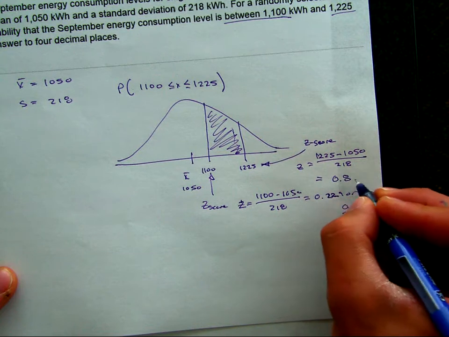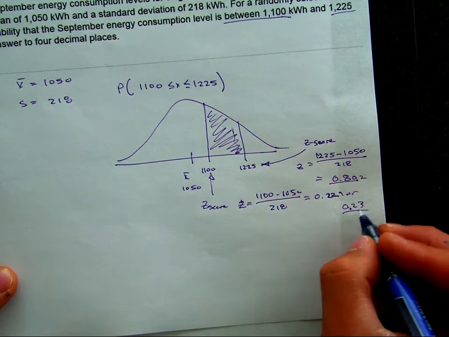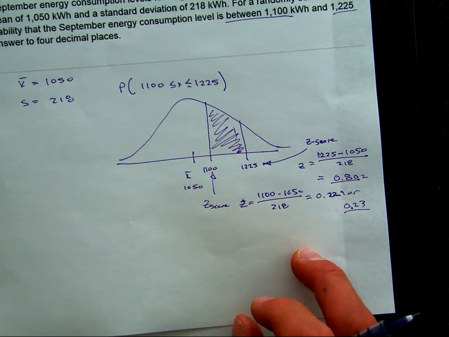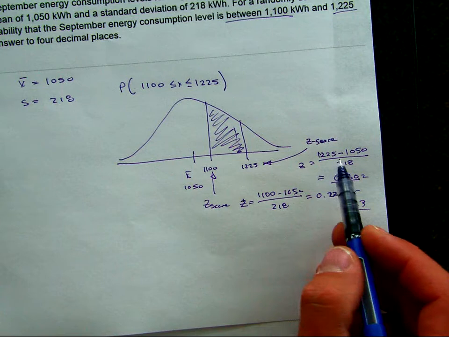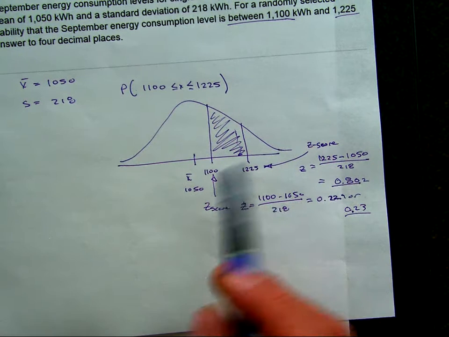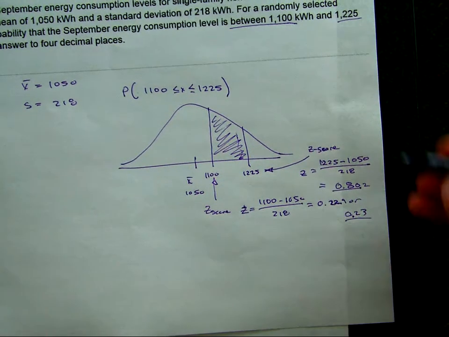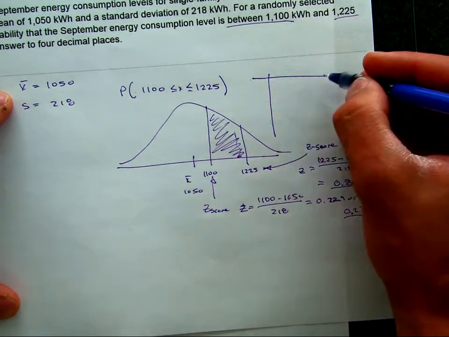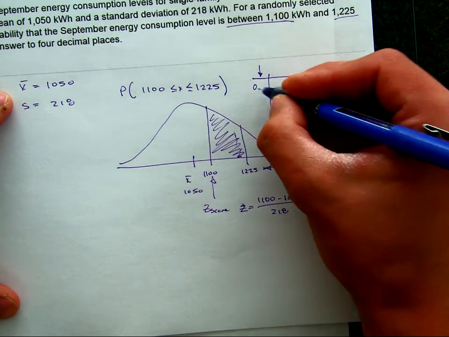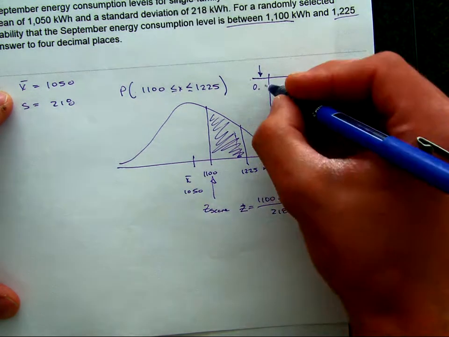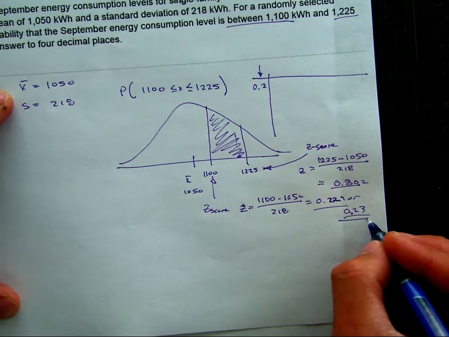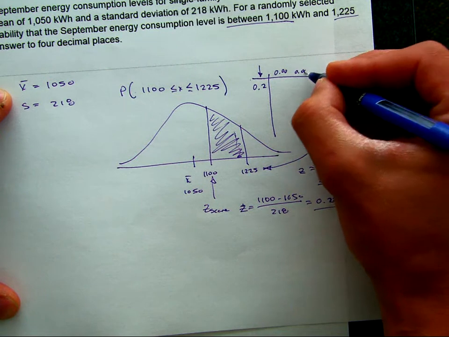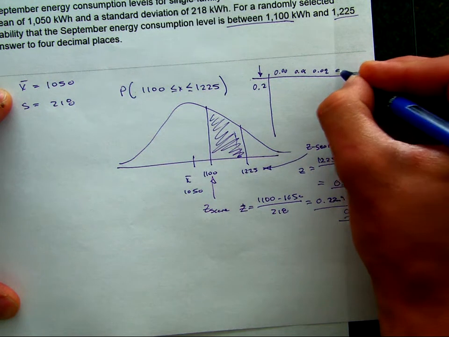I don't have my table in front of me right now for how to find these, and that might be something I should do. I will maybe post another video about how to find z-scores in case you are a little nervous about it. Basically, in the back of your textbook or in the appendix, you'll have a table of z-scores. This part right here is the 0 point, for example, if we wanted to tackle this one, the 0.2 would be here. Then 0.00 is here, 0.01, 0.02, 0.03, and I would go over, and this will be the corresponding value